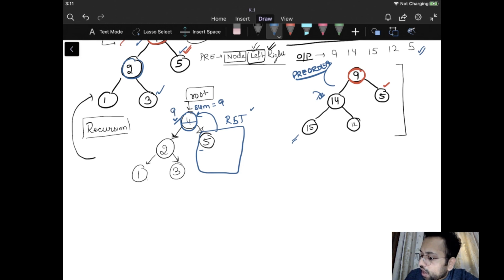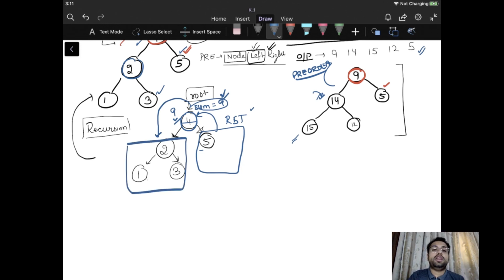Then what I'll do, I'll ask the recursion to update the left subtree and this is going to be the sum that you are going to add to every node of this particular left subtree. So I'll pass this sum that I have evaluated towards the left subtree and the left subtree needs to add this particular sum to every node.